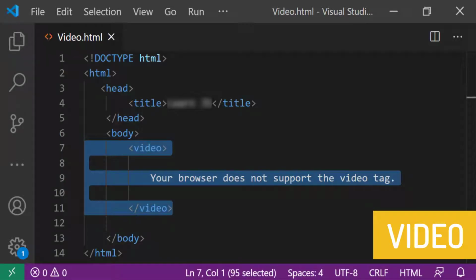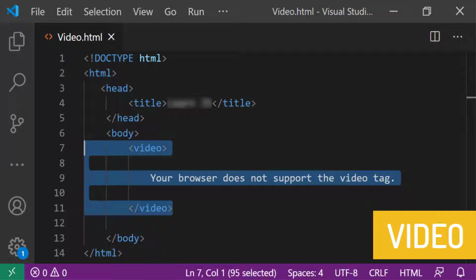The video tag is used for embedding video into an HTML document. The tag accepts attributes that specify how the video should be played. All browsers don't support the same video formats, so you should provide multiple video formats for correct rendering. A path to the video file is nested inside the source tag or SRC attribute. The text between the opening and closing video tags will only be displayed in browsers that do not support the